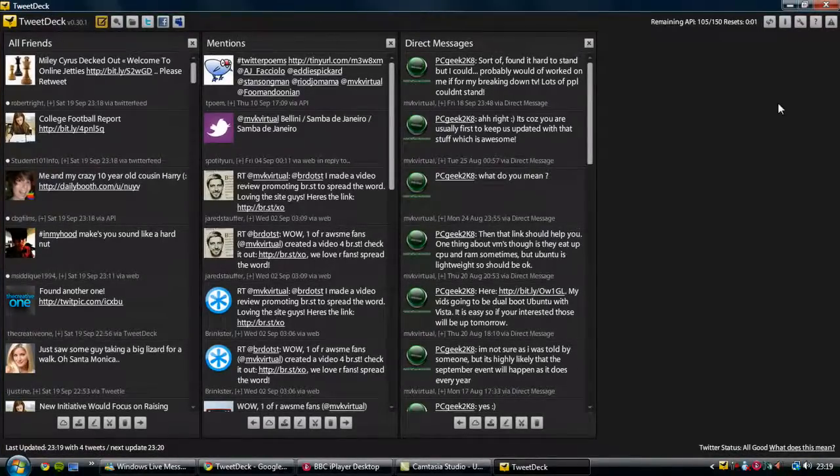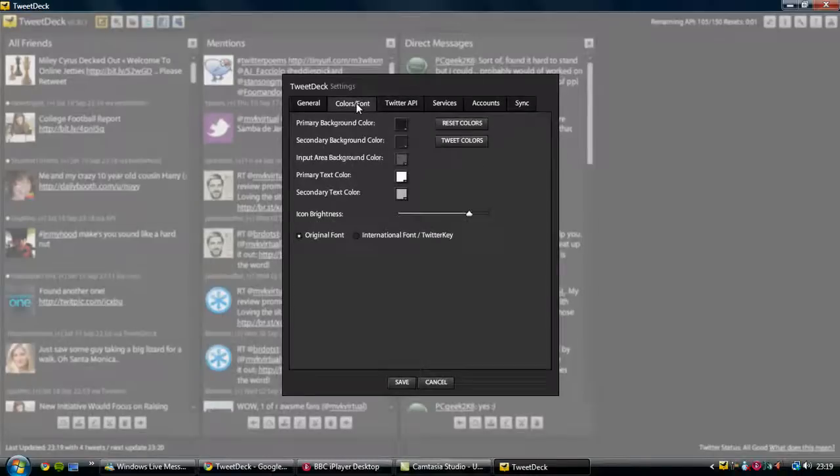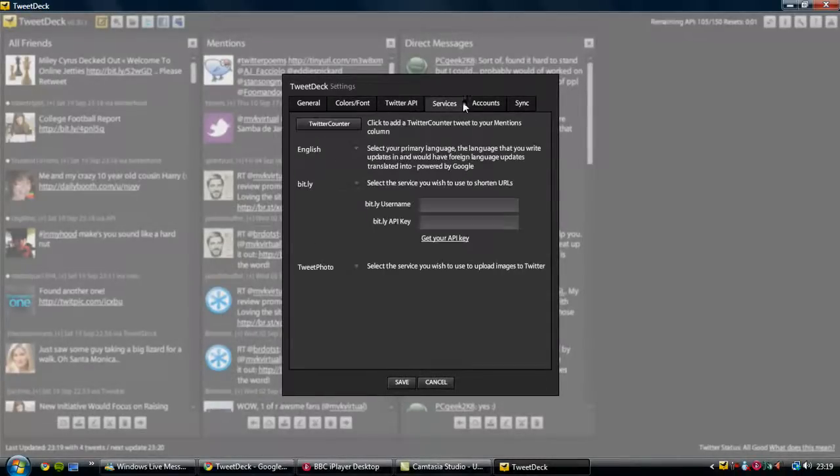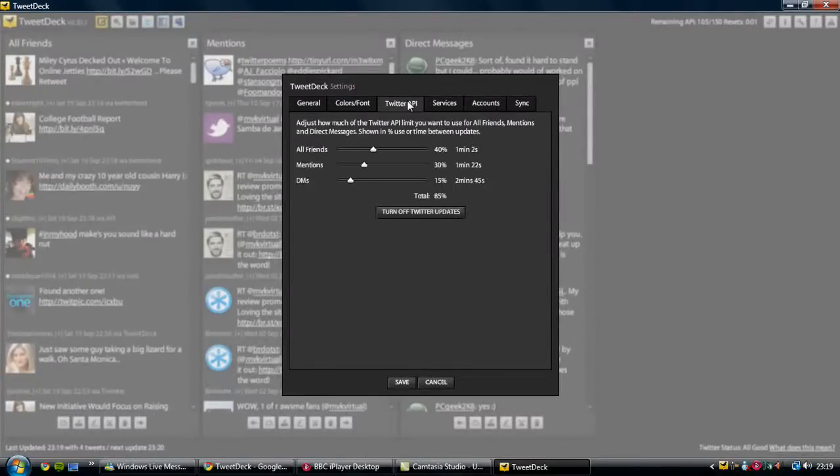Now that we're in, basically what I like about this one, the reason I picked TweetDeck, is because you can integrate Facebook and MySpace into the same place. So I know this is a very heavyweight application, which is one of its downsides, and there are lots of fiddly buttons. There's plenty of settings for you to change. You get update notifications which pop up at the bottom or the top of the screen depending on what you do. You can change all the colours of the background, you can change all the interface, which is always good. You can change the time that it updates,